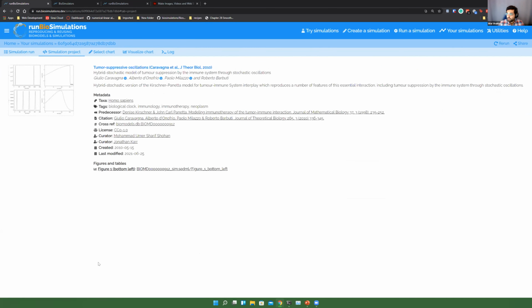If I click here on simulation project, you can actually see some of the metadata that was already included in the Combine archive. From that, we're able to get a little image of what this model represents. This, I suppose, is going to be a figure from the paper it was published in that was included. We have information about the authors of the paper, as well as links out to their ORCID profiles, as well as some metadata about what process this is really simulating. And so this isn't from a database necessarily, but this metadata, if it's encoded in the omics archive itself, we're able to provide this sort of information to the users.